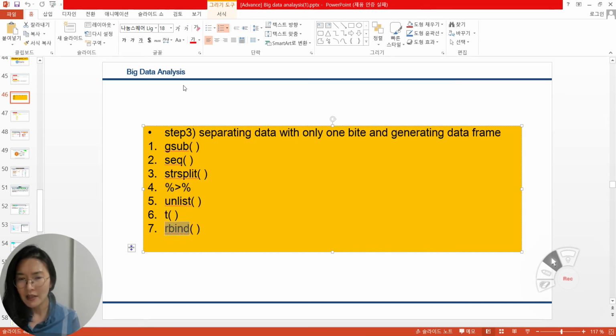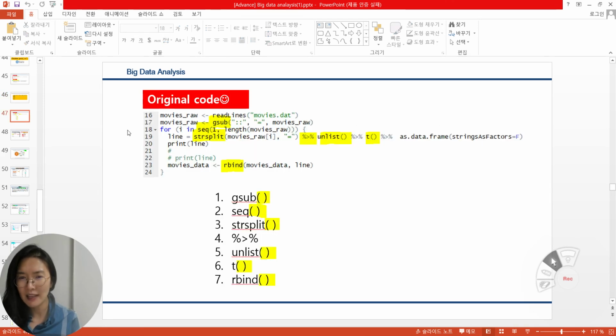All right. So in conclusion, in step 3, we can separate data with one byte using the gsub function and generate a data frame with sequence, str split, pipe, a list, T, and R bind. All right, are you ready? Okay, go ahead. As you remember,